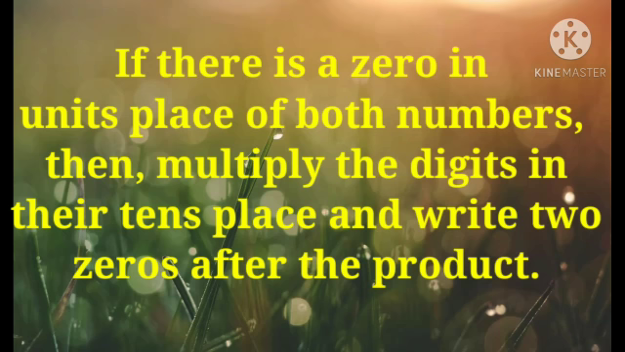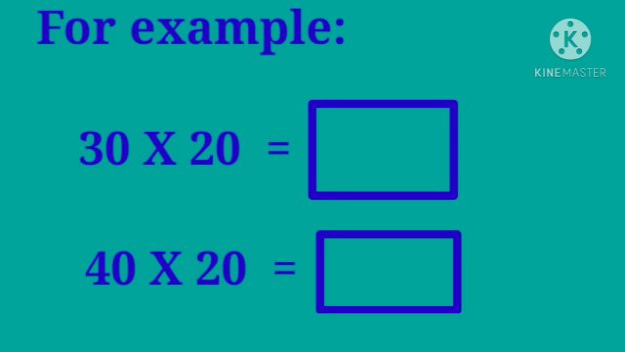240. If there is a 0 in units place of both numbers, then multiply the digits in their tens place and write two zeros after the product. Now let's see an example. 30 multiplied by 20. First we will carry out 3 multiplied by 2 and then write two zeros after their product. So the product will be